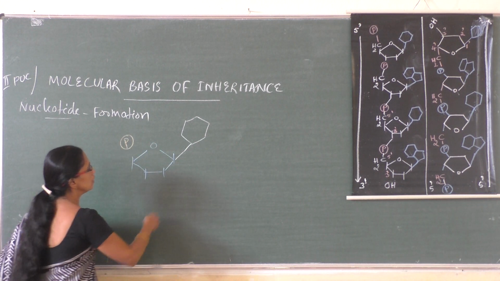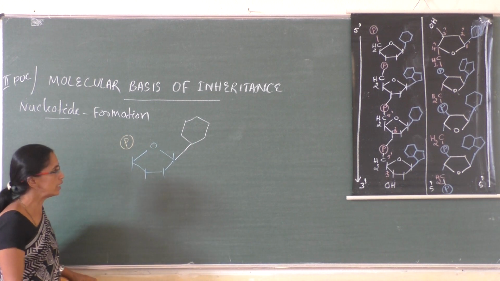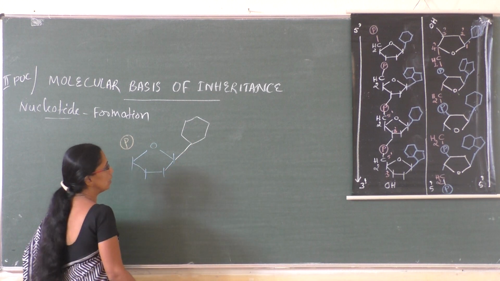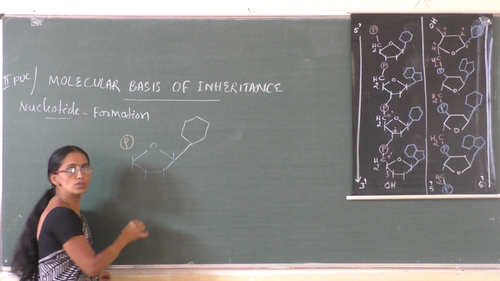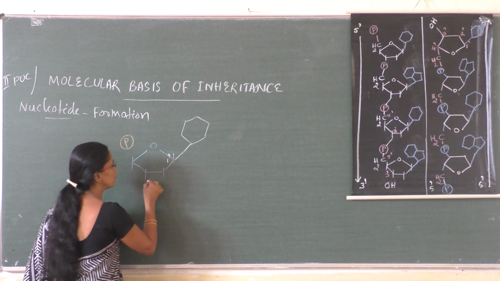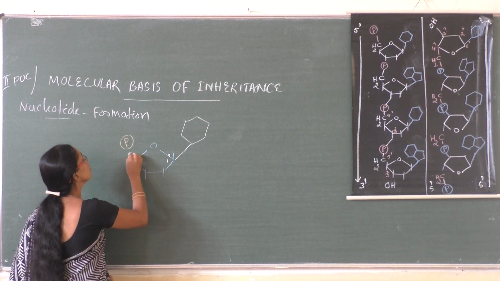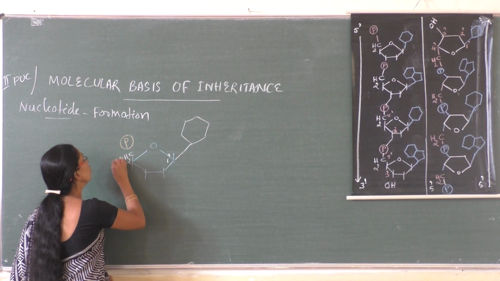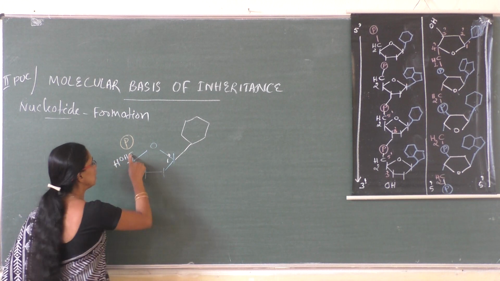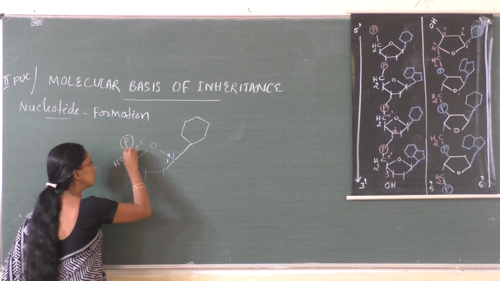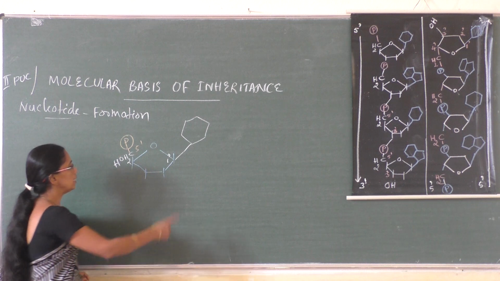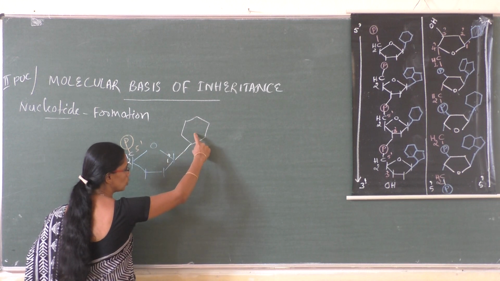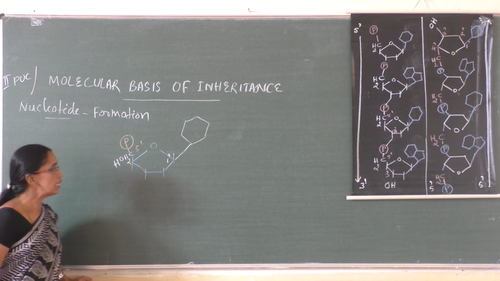What is a nucleotide? Think of this as a pyrimidine, a single ring pyrimidine, this is sugar and this is phosphate. The carbons of the sugar are primed. So this is 1 prime, 2 prime, 3 prime, 4 prime. Here comes CH2OH, so this carbon is the 5th prime. When phosphate is attached to this, it is a nucleotide. So a nucleotide is base, sugar and phosphate.